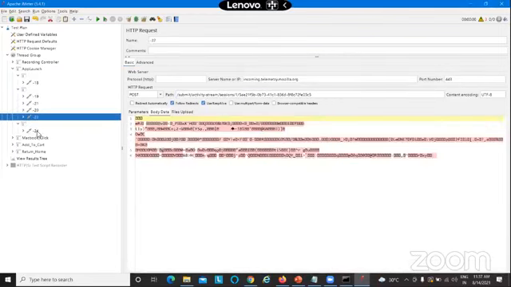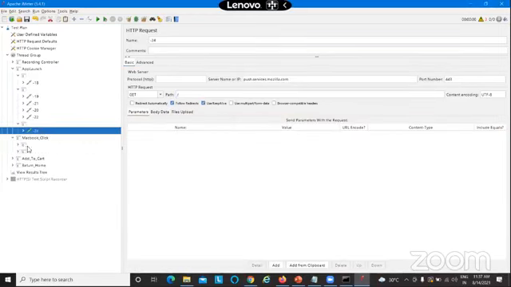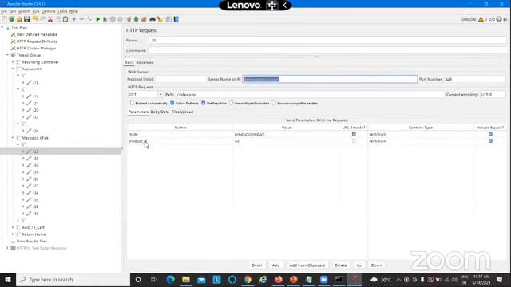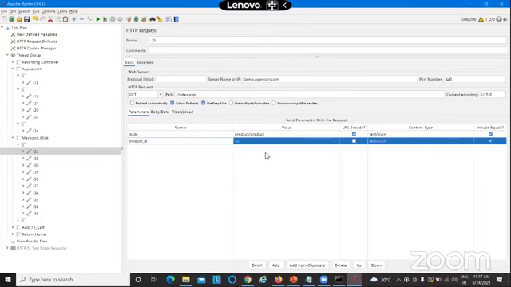So we can see that all the requests have been recorded. If you go to the MacBook click, you could see that this is the MacBook click request, where we are clicking a MacBook, and the request goes with the product ID. And let me tell you the difference between JMeter recordings and Selenium. When you work with an automation tool, the recordings are always happening from the front end. But when you work with JMeter, the recording actually goes from the back end. So JMeter records the communication between the client and the server.